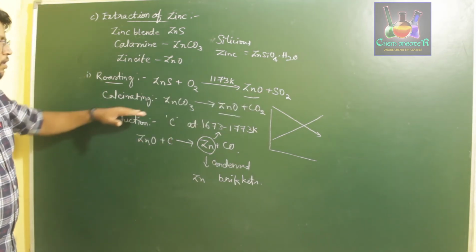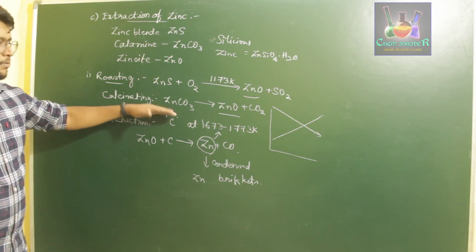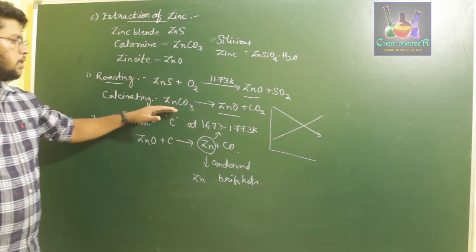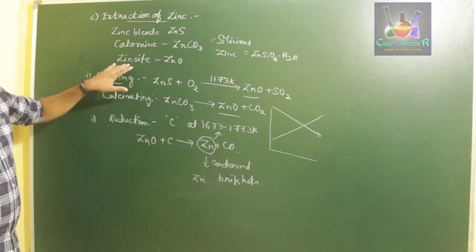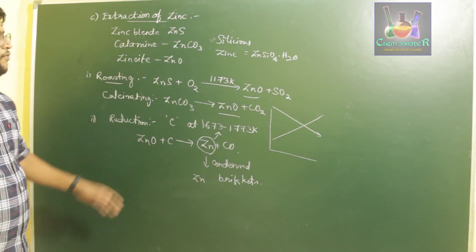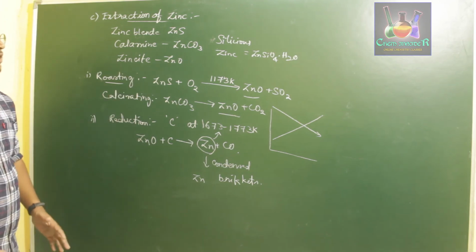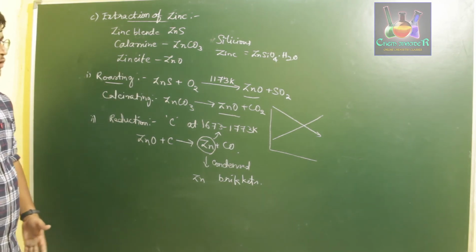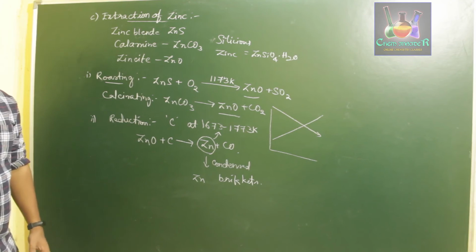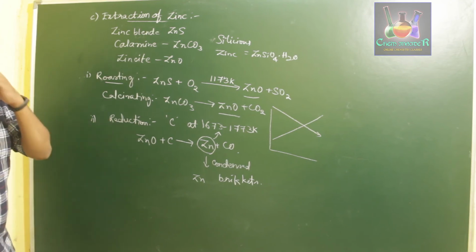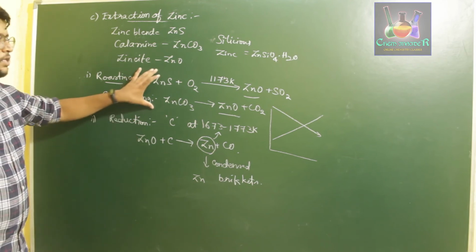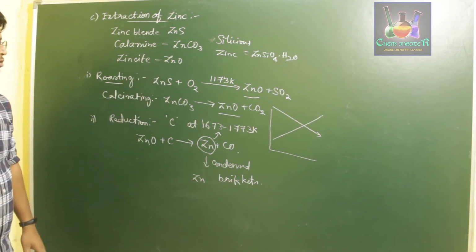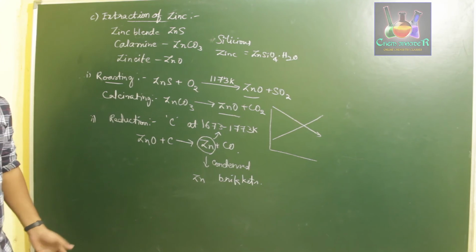Then we calcinate zinc carbonate by heating it. Once heated, carbon dioxide gets liberated, leaving behind the zinc oxide. In case of zinc, we have ZnO, and we won't get much siliceous zinc. If we do get siliceous zinc, we can heat it with clay in order to separate the silica compounds and form ZnO. Once zinc oxide is formed, it can be reduced to zinc.